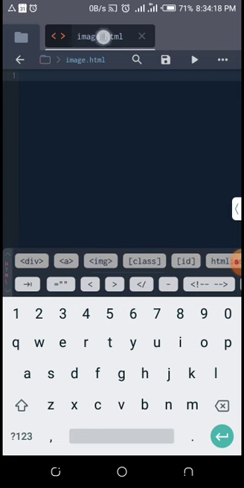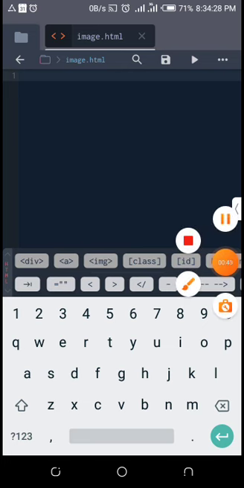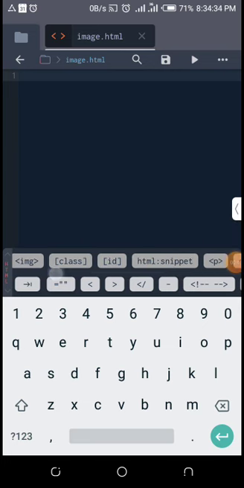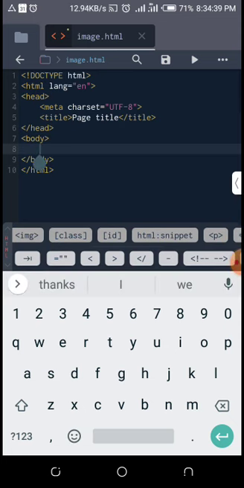As you can see, we've created our HTML document. We created our document with the name image.html, and I'm just quickly going to enter the HTML snippet. All right, and so inside the body